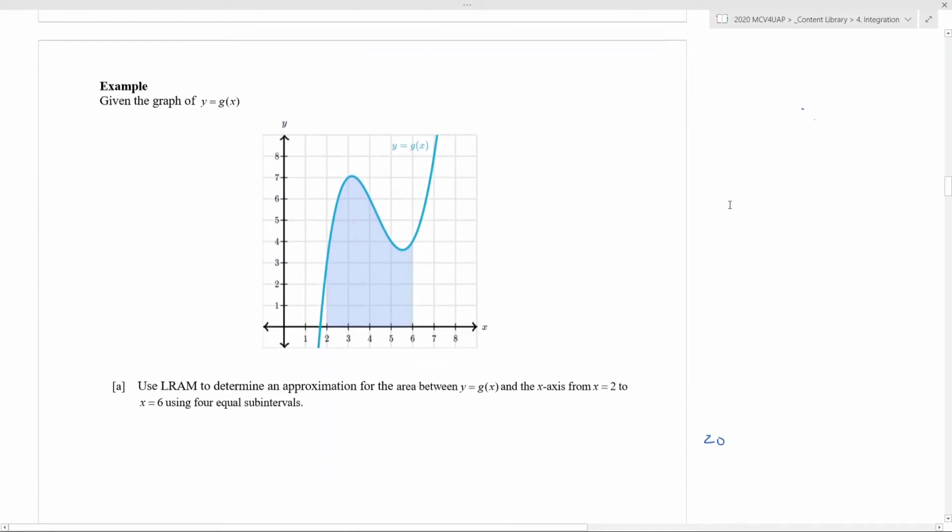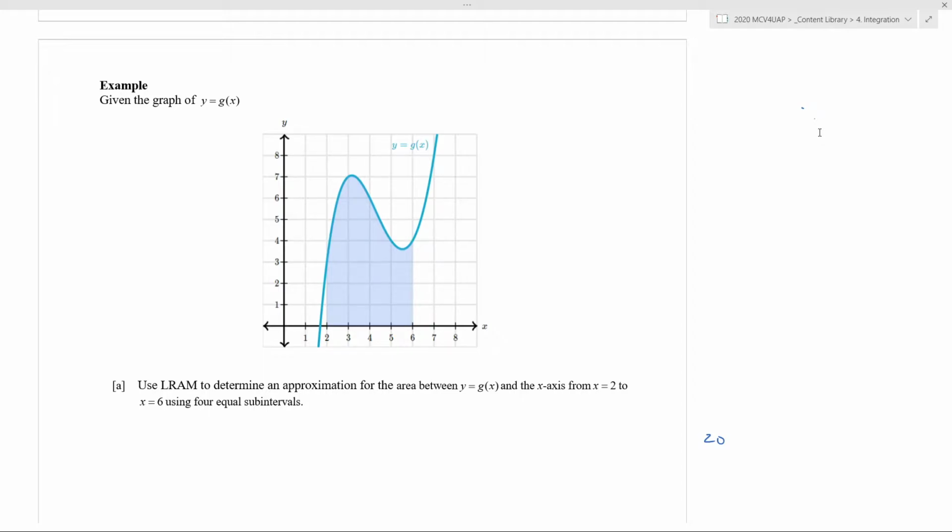So here we'll go. We'll start off simple going through these examples. And I might need to make this smaller, but you're given a graph of y equals g of x. Okay. And we're being asked to approximate, using LRAM, the area between that graph and the x-axis, starting at x equals 2 all the way over to x equals 6. And you can see that area is shaded in. But it's really difficult to say exactly what that area is. But we're going to approximate it,